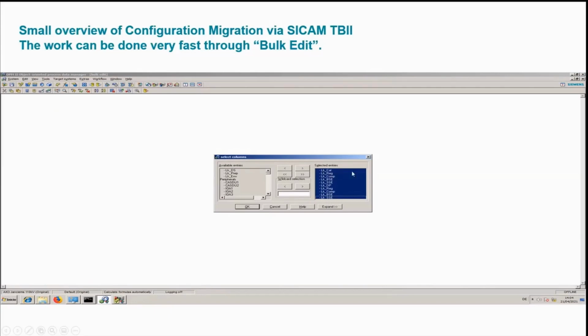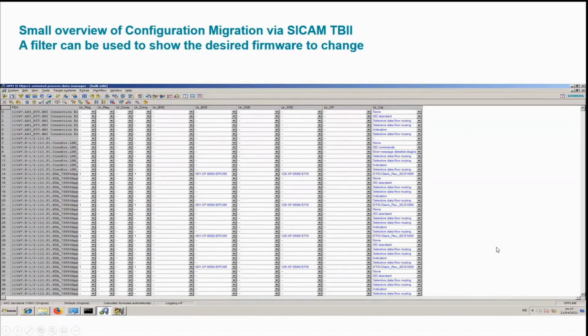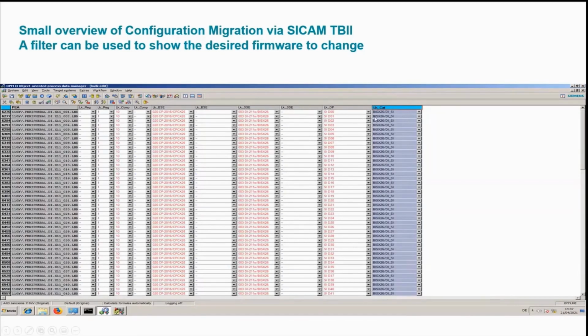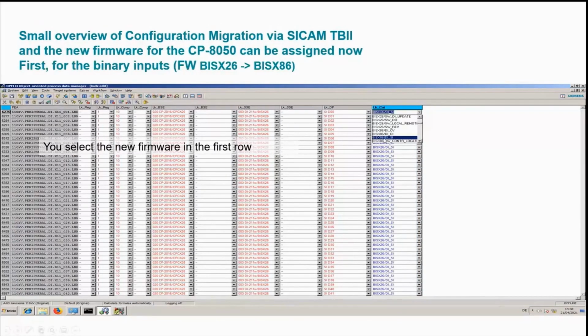You can select now the category, component, basic system element, the system element, the categories, etc. that you need for that, and you have here all the signals or the links in the system. Now you can make a filter, for example. If you want to filter for the binary inputs, with this you are calling all the firmware that is this BIS X26, for example. So I just go to the first one,